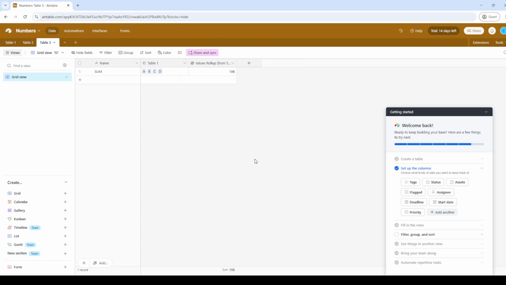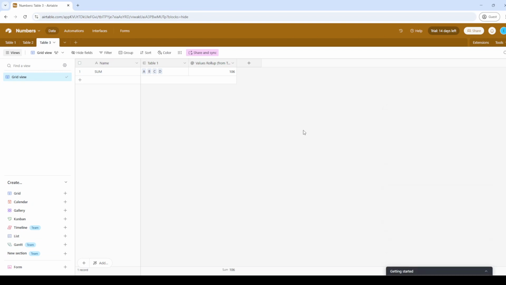And there you have it, you've successfully learned how to enable a two-way sync in Airtable. With this process, you can ensure that your data remains consistent across multiple projects or collaborators. I hope you found this guide helpful and that it empowers you to make full use of Airtable's powerful features. Remember, practice makes perfect, so feel free to experiment and maybe sync some test bases to see how it all